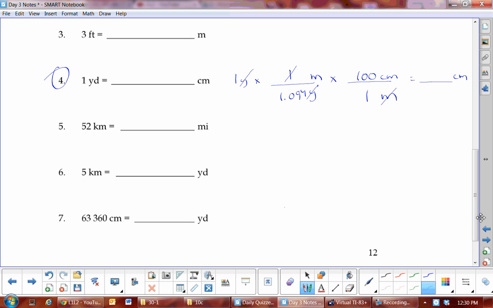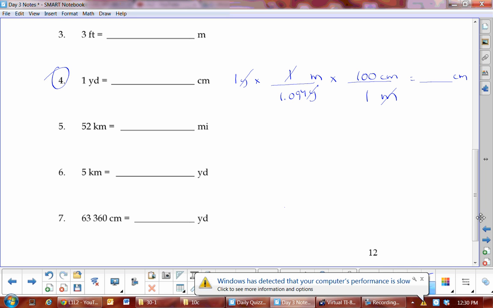Okay. Now, what would you put into your calculator to figure this one out? Okay. What would you do with mine? Yes? Yeah. Take all the tops and divide by all the bottoms. Now be very careful. Make sure you always put, if there's more than one thing on the bottom, there isn't in this case because we multiply by 1. But 100 divided by 1.094. And you should get